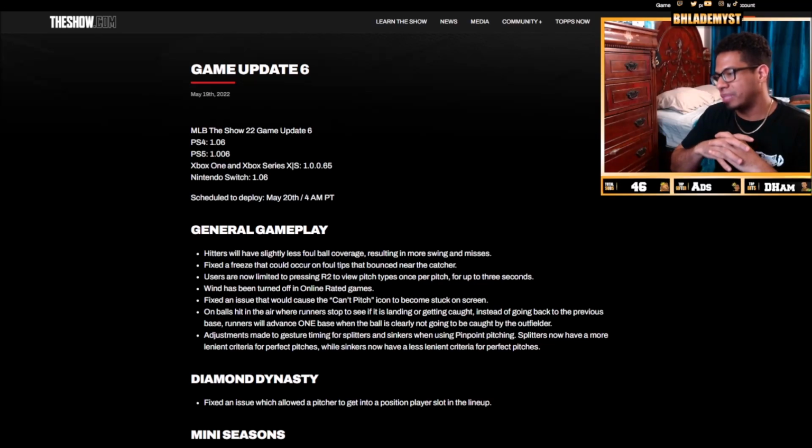So we have game update number 6. This one is going to be interesting because the first bullet point piques my interest already. It says hitters will have slightly less foul ball coverage, resulting in more swing and misses. That's interesting because when you read "slightly less foul ball coverage," it could mean one of two things in